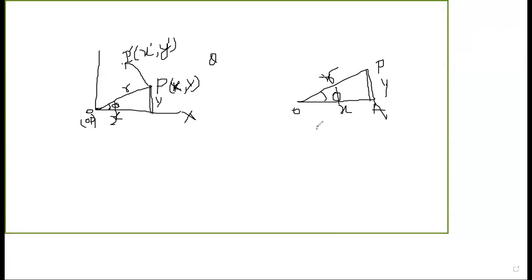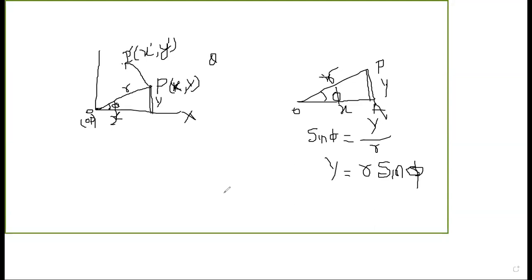Now apply angle sin phi. Sin phi equal to what? This perpendicular and the diagonal, you can say R. From here you will get y equal to r sin phi. This is phi, not theta, but it is phi. We have assumed this theta or phi. What we have written? This is phi.